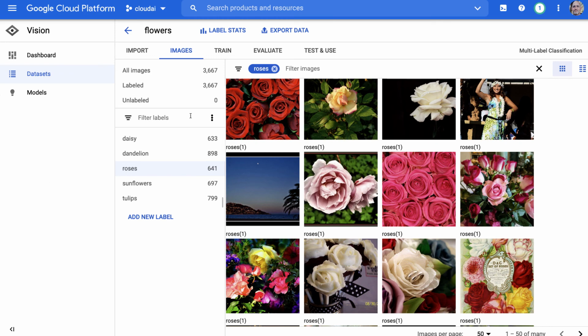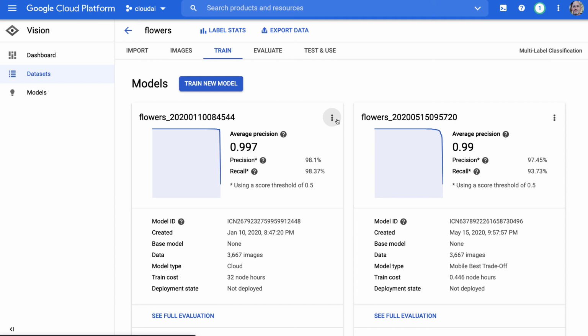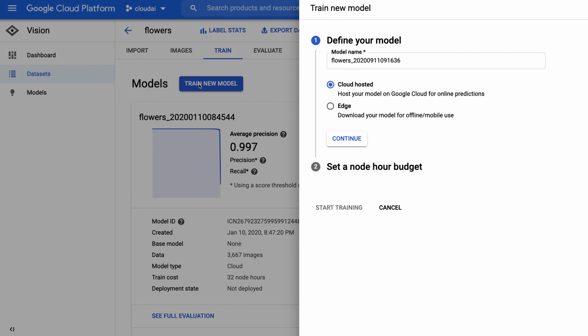So now that I've gone through, I've loaded this, the next thing that I would do is I would train the model. And the way it works is once you upload the data, you can select train new model, and you have 2 options. And what's really fascinating about the AutoML solutions that are available from these cloud platforms is that they often have a couple choices. One is a cloud hosted model. So why would you use this? This would be if you wanted to train a machine learning model and then put it inside of a mobile app, or put it inside of some kind of